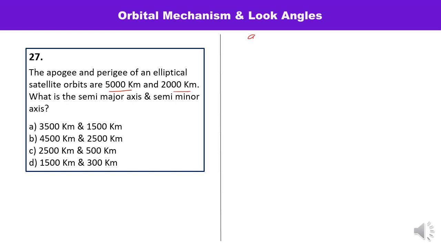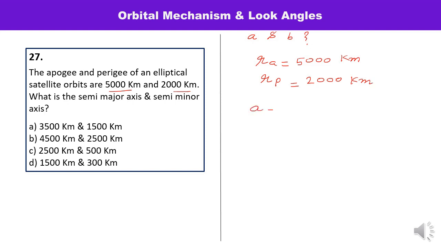It means here you have to calculate A and B. RA is given as 5000 kilometer. RP is 2000